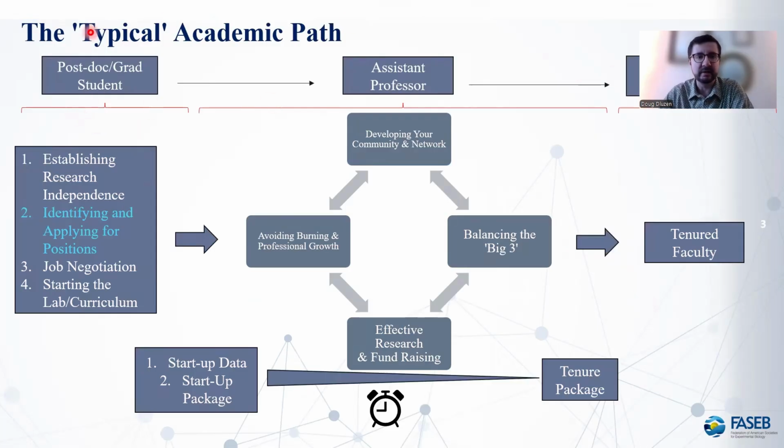So, just a brief recap. Of course, the typical academic path is that you, as a graduate student or postdoc, apply for open faculty positions, and start as some kind of assistant professor or visiting professor. If you're on a tenure track, you're going to be balancing the different responsibilities that you have, and then the goal is to become tenured and be promoted to the rank of associate professor. It is becoming more common now that many academic institutions offer teaching tracks or research tracks that are similar in path to tenure, which is basically just an outline of how you can be promoted to associate professor.